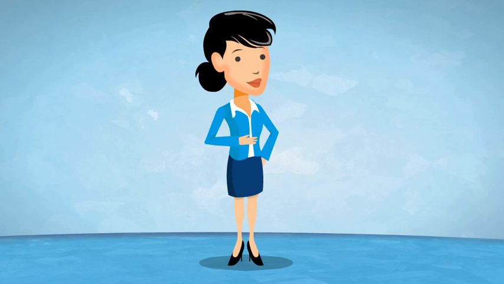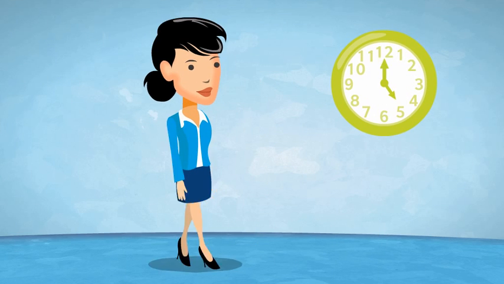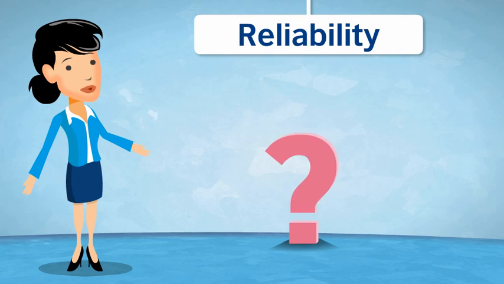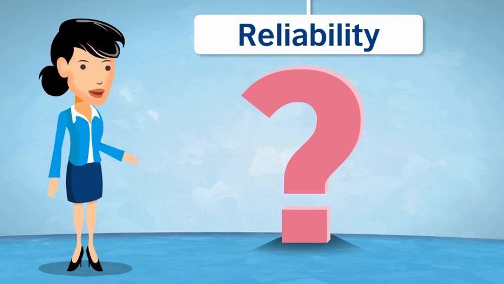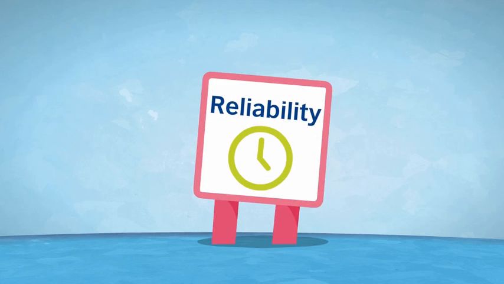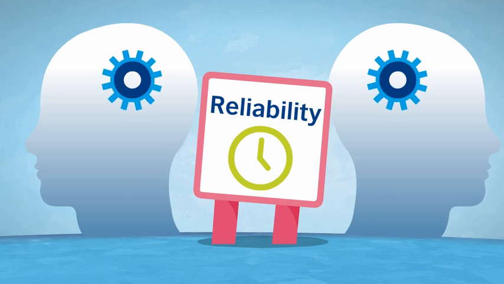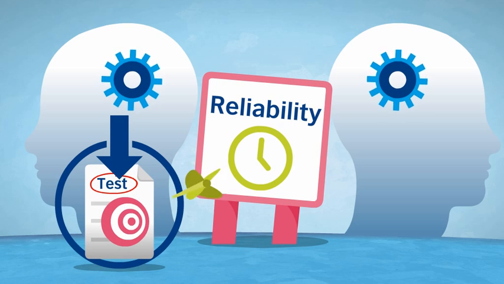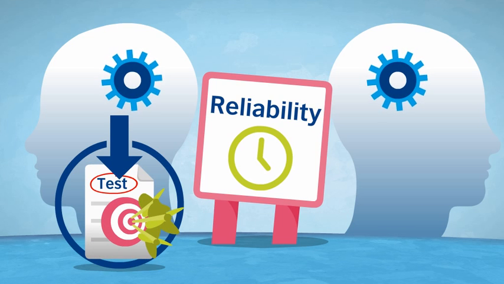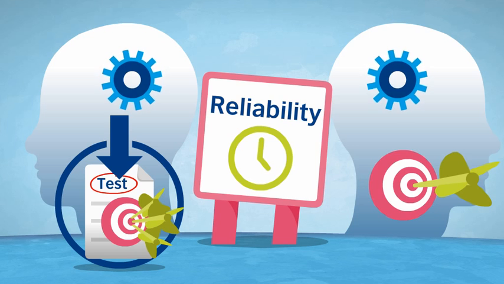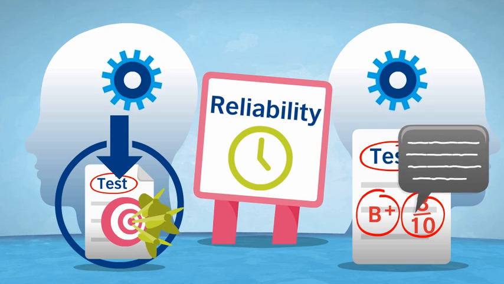Before we finish, I should mention reliability. You may have heard the term and wonder what it means. Well, here's a brief explanation. There are basically two different ways to think about reliability. The first relates to what we call the internal consistency of a test. The second relates to the accuracy and consistency of marking in tests of writing or speaking.